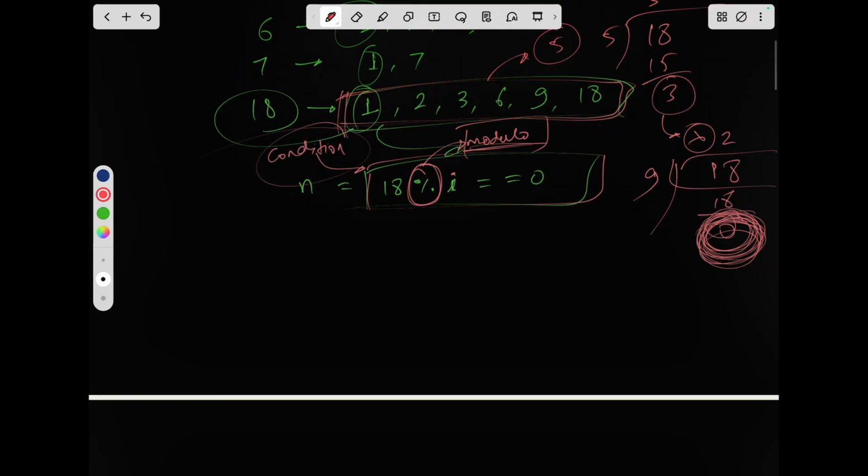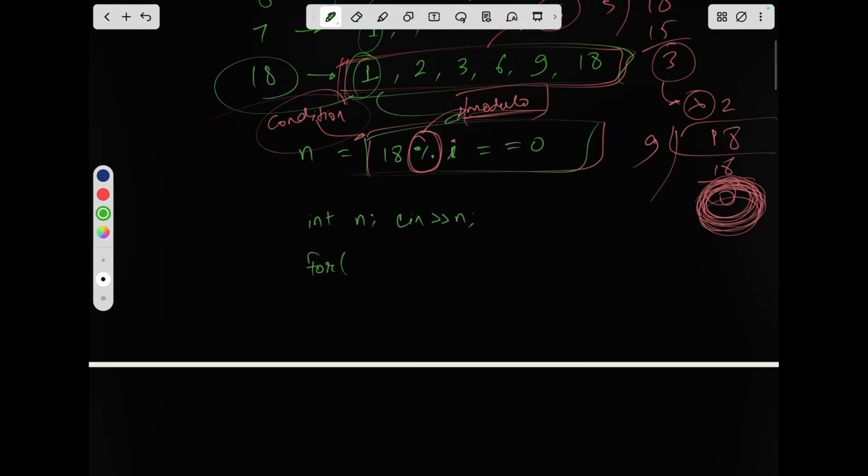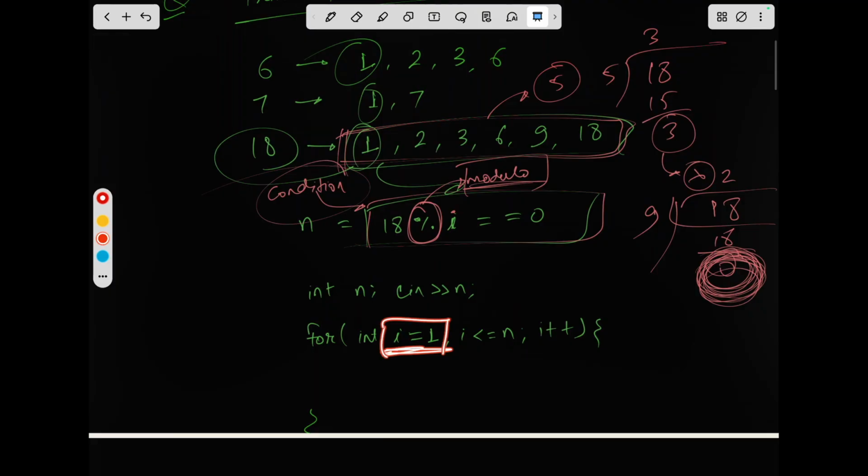Okay, let's write code, then we will dry run it. So first we have our number, int n, scanned in. After this we will loop over the numbers, starting from 1, then i less than or equal to n, i plus plus. Here we are starting from 1 because we cannot take 0 as a factor,